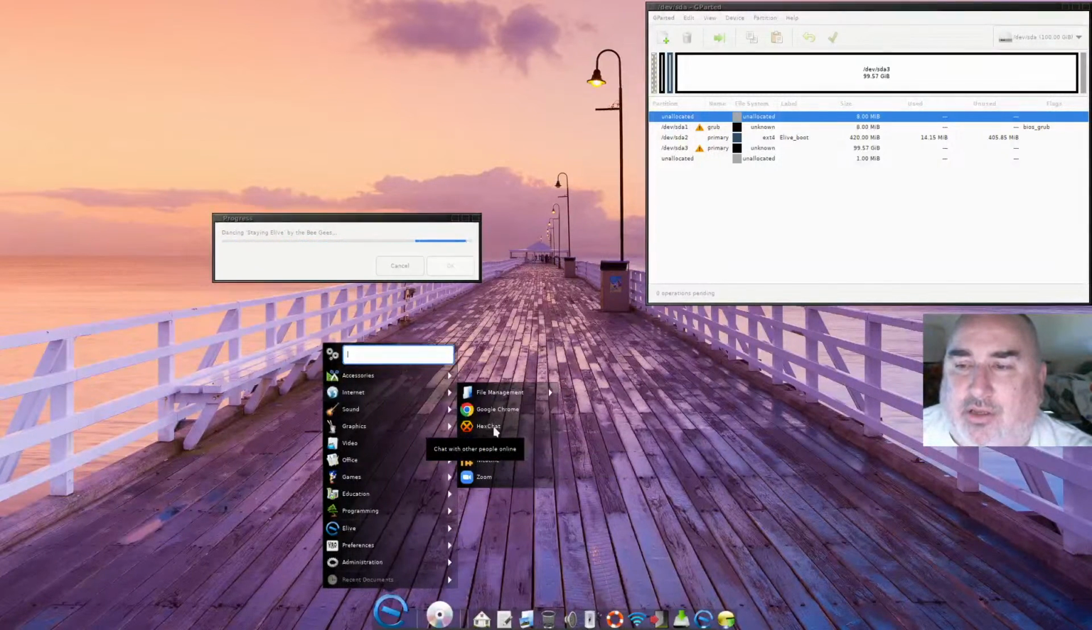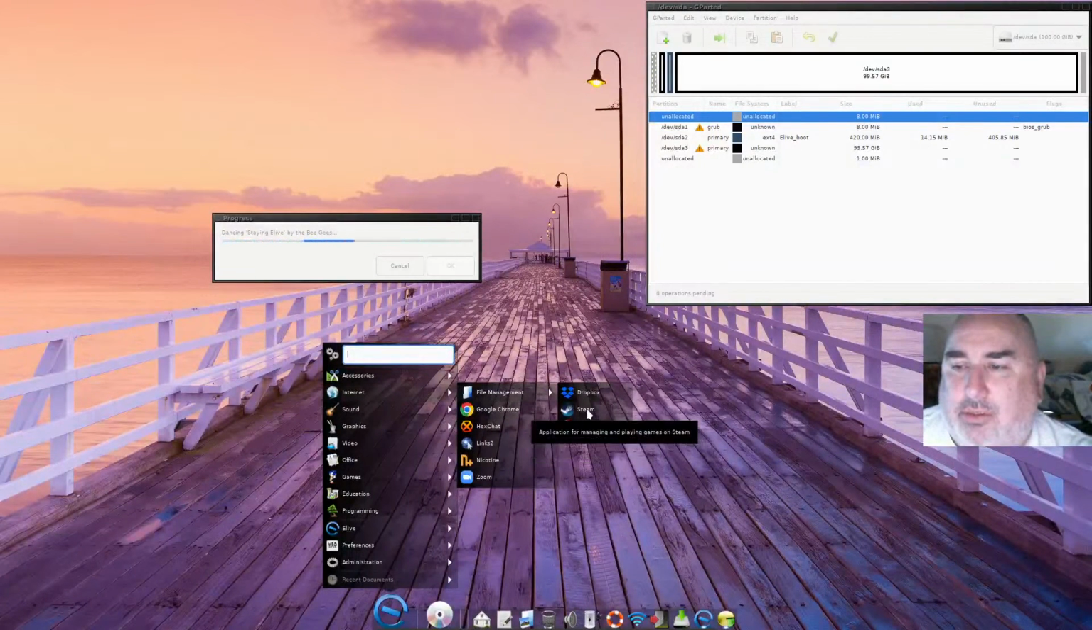I've never used, I think I tried HexChat once. I'm not sure what Links 2 is. Nicotine, I've never tried that. Zoom I use. Steam, I'm not so sure. It's associated with file management. I mean, that's where you can store a series of games. I guess they're game files. I don't know, but